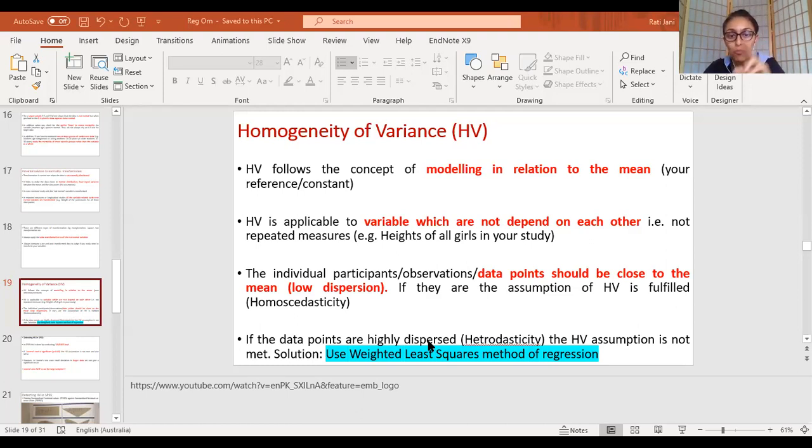But there's a lot of back and forth, and I just want to make sure that you get the maximum out of this lecture. So if you look at this YouTube video, it teaches you how to do regression using weighted least squares. So I just wanted to point you to that.